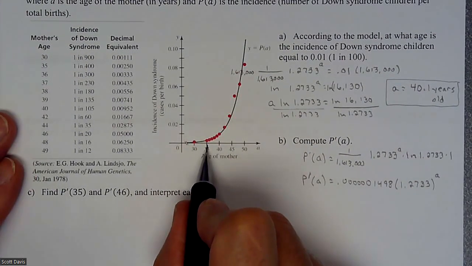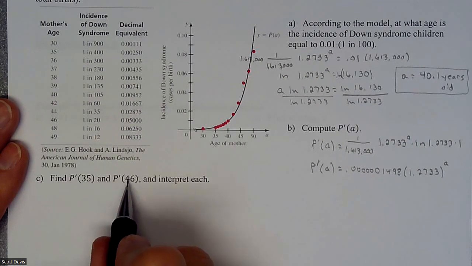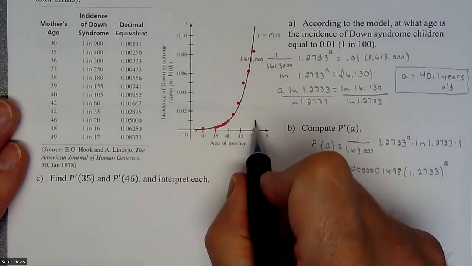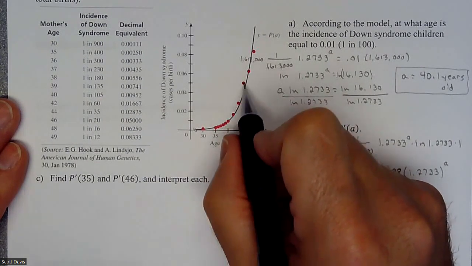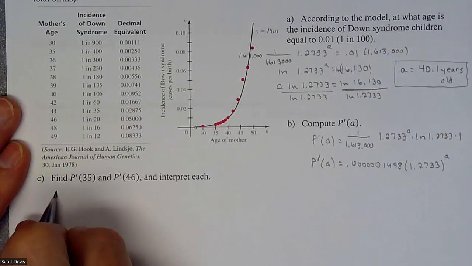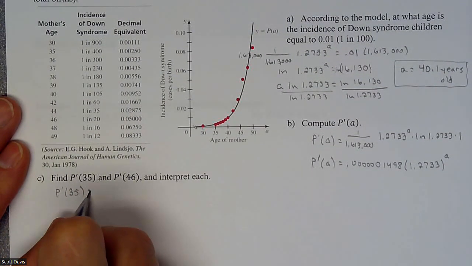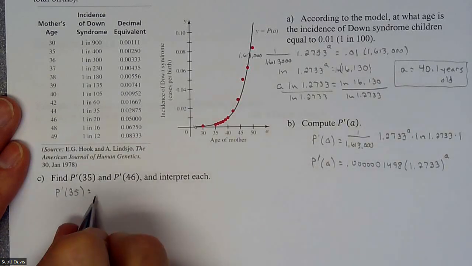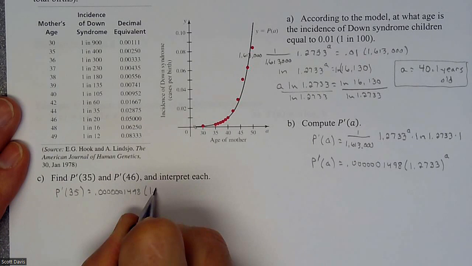And again, we're going to be finding what is the rate of change at age 35 versus age 46. So at age 46, it's much steeper. So your rate of change is increasing quite a bit more than at age 35. All right, so that's really all we're looking to do. So what is the slope at age 35? And that is us taking this, 0.000001498 times